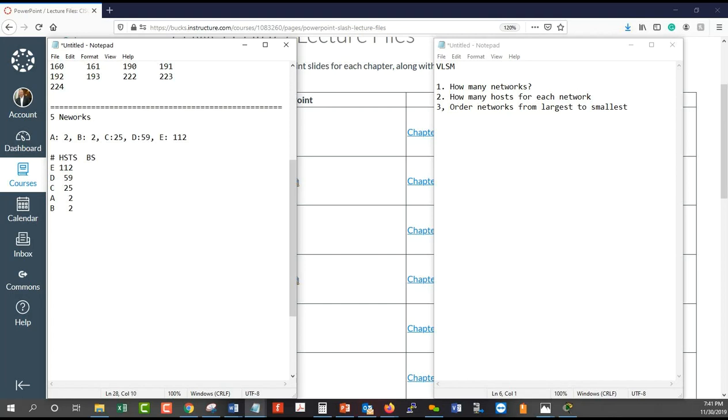Then, based on the number of hosts, what is the block size that I need for each? If you recall, your block sizes are 2, 4, 8, 16, 32, 64, and 128. So to fit the 112, what block size do I need? You are correct. I need a block size of 128. So for E,